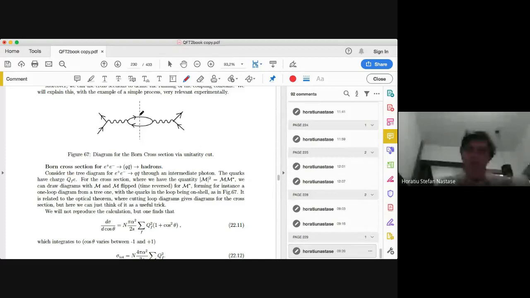The way to obtain the total cross section for all of that would be to consider the amplitude for electron, positron going to gluon, going to Q Q bar loop, then the mirror image going to photon, going to electron, positron, and then cut this loop. Remember, the cutting meant that we